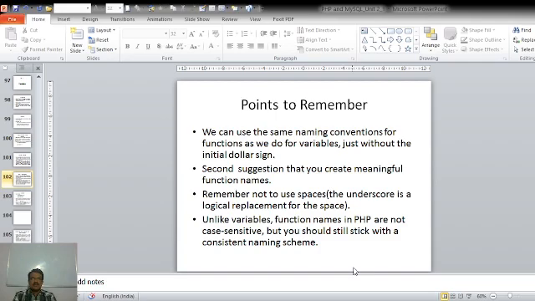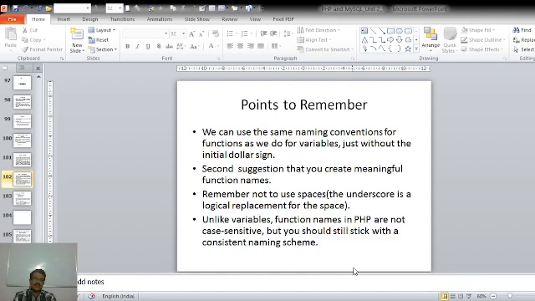As our normal variable name starts with an initial dollar sign followed by either an underscore or an alphabetical character, the naming convention for the function will be the same as our variable, just without the initial dollar sign.